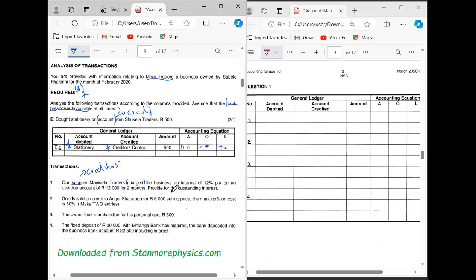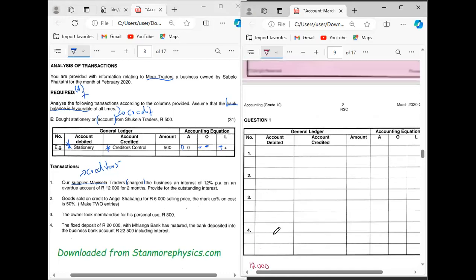So now they charged us 12% interest. So now we need to provide the outstanding interest. Guys, let's start calculating the interest first. The interest is rated at 12%. So we are owing how much? 12,000. Then we are going to write first